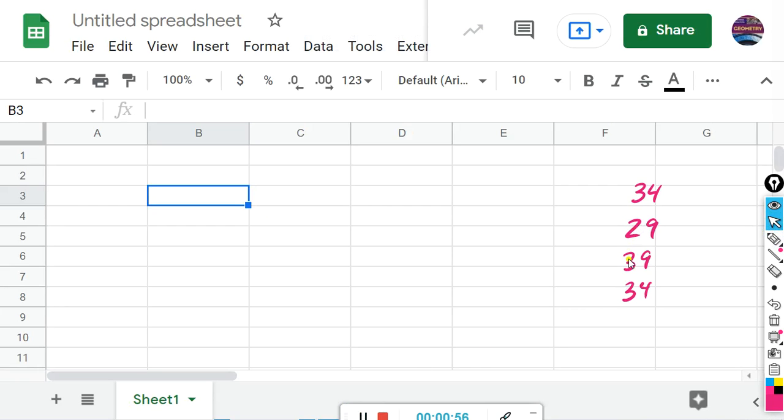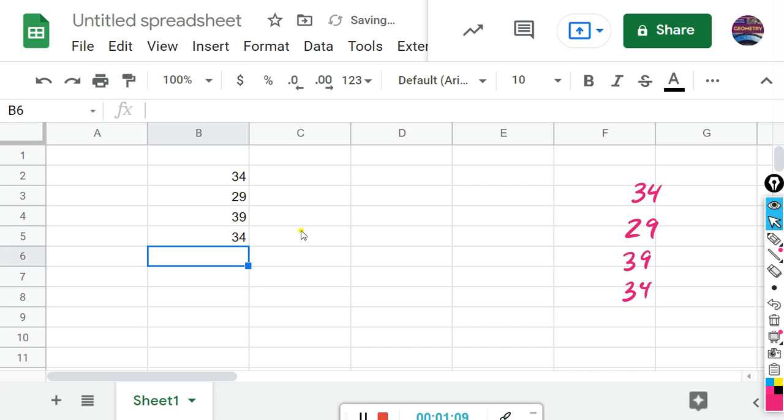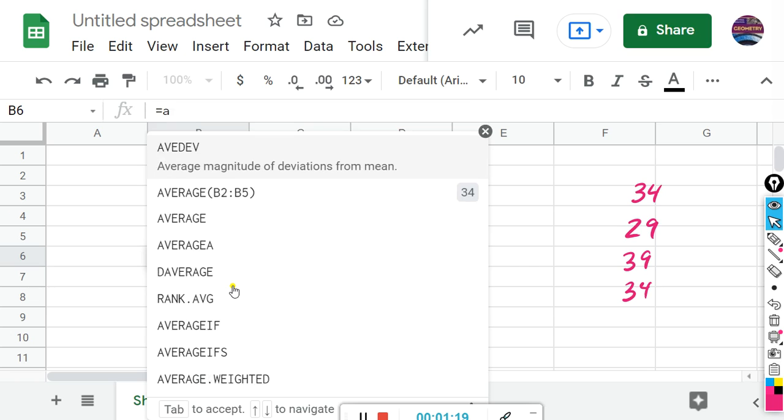You can do it horizontally or vertically. It doesn't matter. All right, we have 34, enter, 29, enter, 39, enter, and 34, enter. Okay, so those are the 4 values given on Khan Academy. So on the empty cell, I'm going to hit equals, and I'm going to type A, V, and this is the one you want,